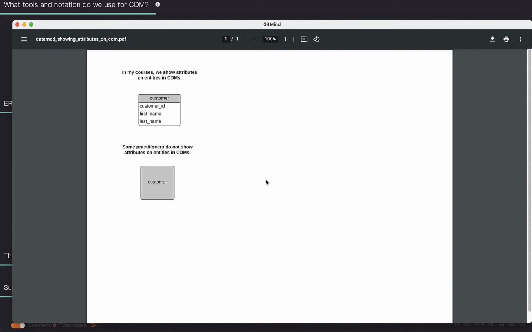One of the things that I'm going to talk about later in the lecture is I think the best way to draw an ERD is to put out all the entity boxes and then to connect them all up with relationship lines. We go on in my classes to add the attributes because